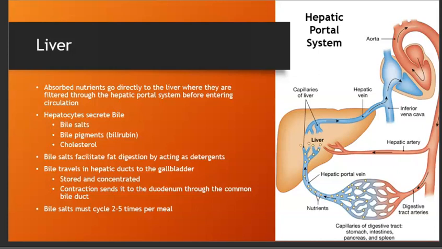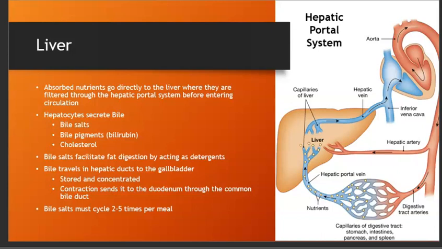You have the capillaries of your digestive tract, which include your stomach, intestines, pancreas, and spleen, where your nutrients are entering. Your nutrients then are going to travel to the hepatic portal vein, to the liver, and then you have the capillaries of the liver that will either take them back to the hepatic vein or filter them out,